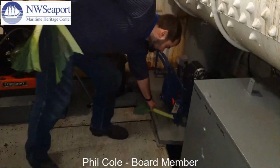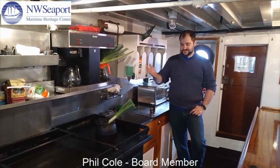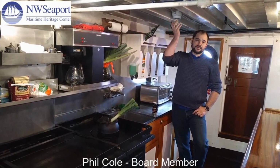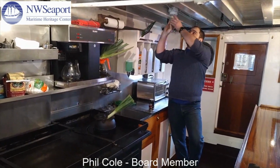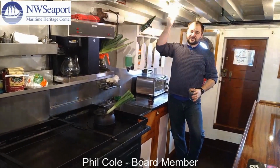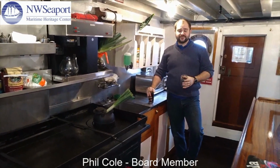Here's another one. Of course, not everything that has to be done on an old boat is down in the engine room. Everything needs work all the time, and unfortunately, everything takes money. And so that's why I'm really glad that you're all here today and helping to fundraise